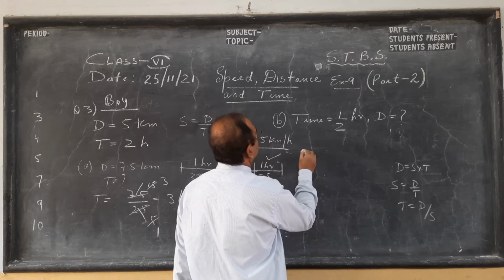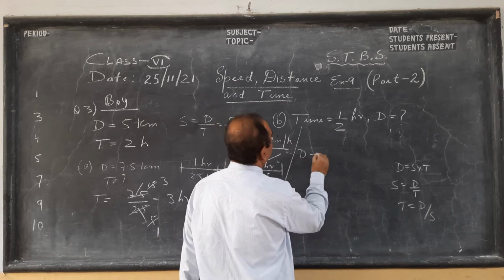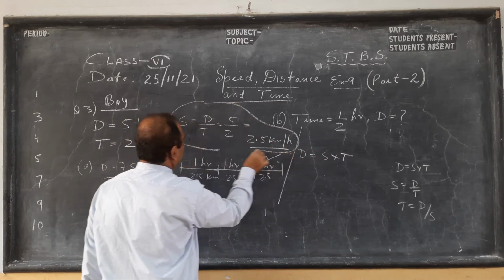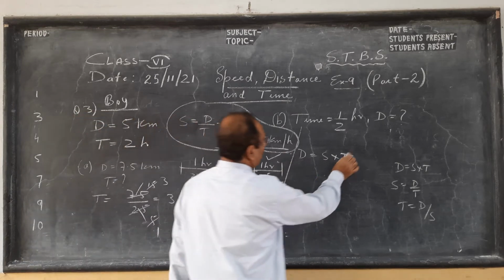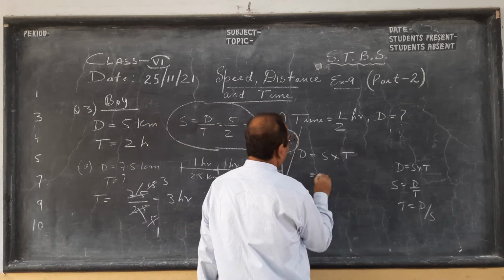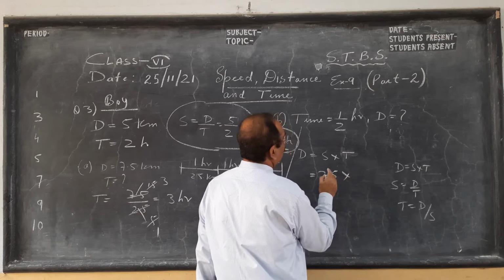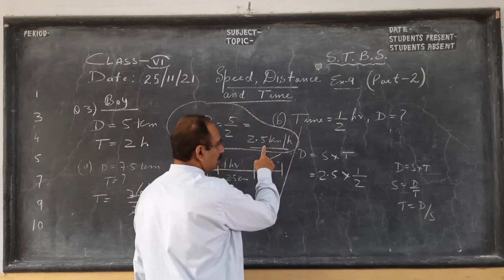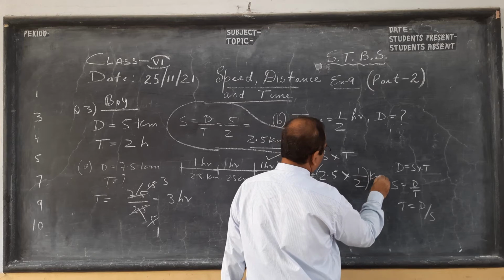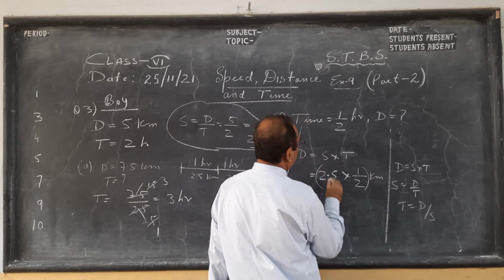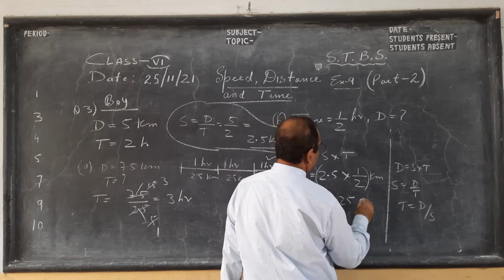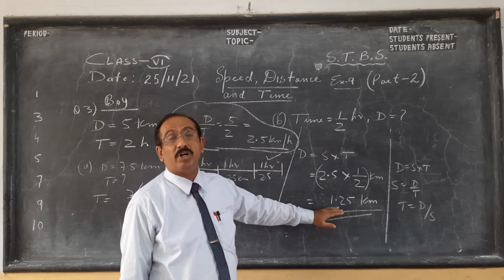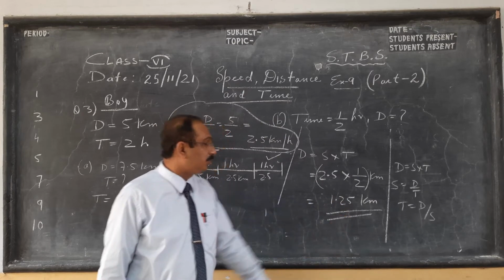Time is half an hour, and we need distance. So for distance, we use this formula, speed into time. So remember, first and foremost, important for both parts of the question, we find the speed. So speed is 2.5 kilometers per hour. So time is half an hour. Since this is in hours and this is in kilometers per hour, my distance will be in kilometers. So if you divide 2.5 by 2, if you know decimal division, you will know the answer will be 1.25 kilometer. The answer won't be 2.5 kilometer. The answer will be 1.25 kilometer.